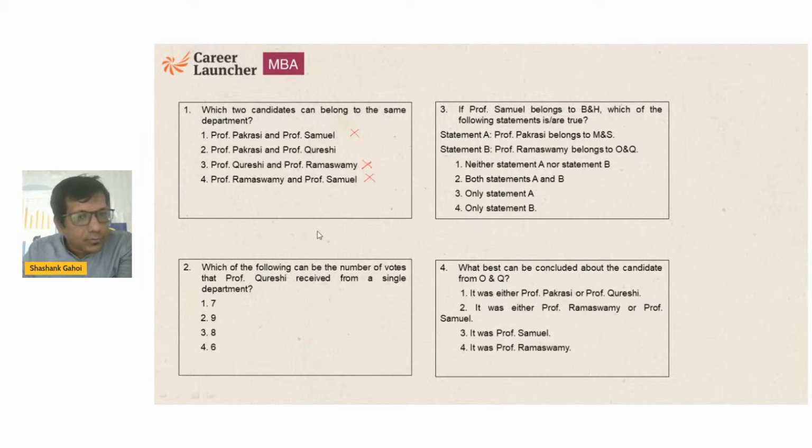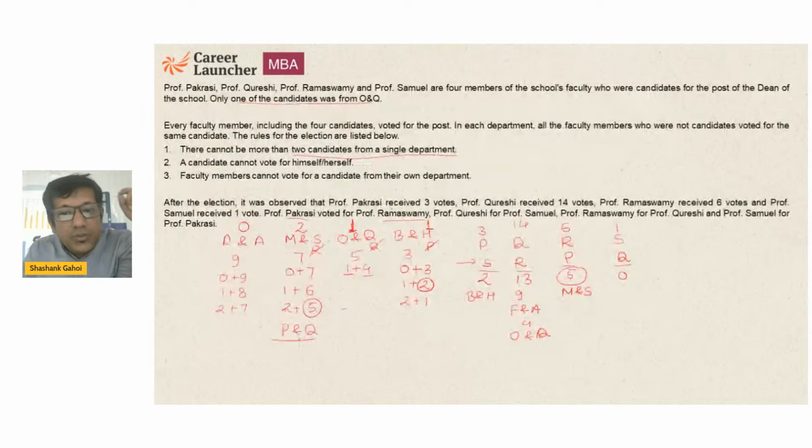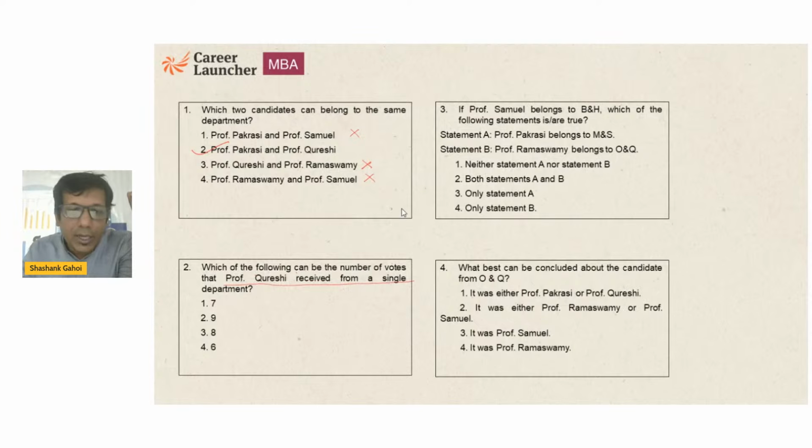तो पहले क्वेश्चन का आंसर आ गया, ऑप्शन 2, ठीक है। क्वेश्चन नंबर 2 देखते हैं, which of the following departments can be the number of votes that Professor Qureshi received from a single department. So Professor Qureshi को 9+4 मिल रहे हैं, 9 मिल रहे हैं एफएनडी से, 4 मिल रहे हैं ओएनक्यू से, so answer इसका हो गया 9, that is option 2, ठीक है।